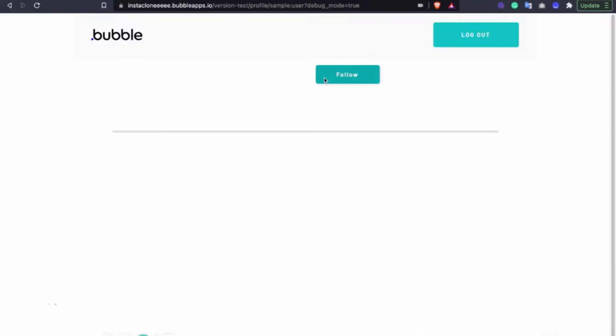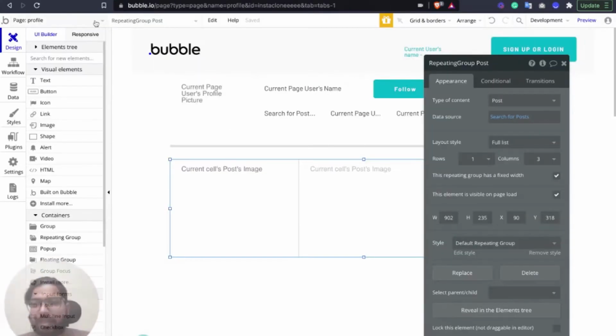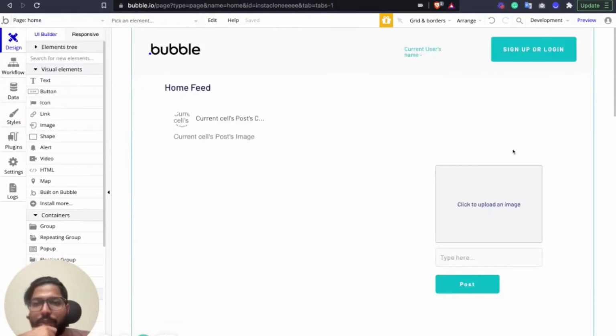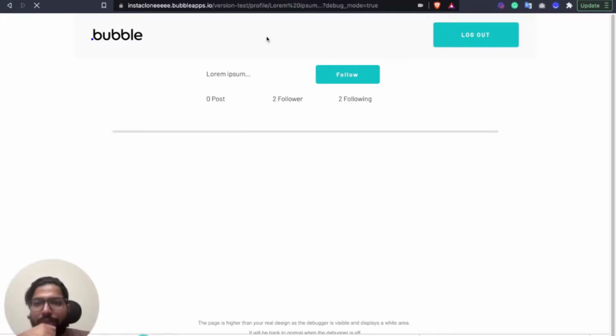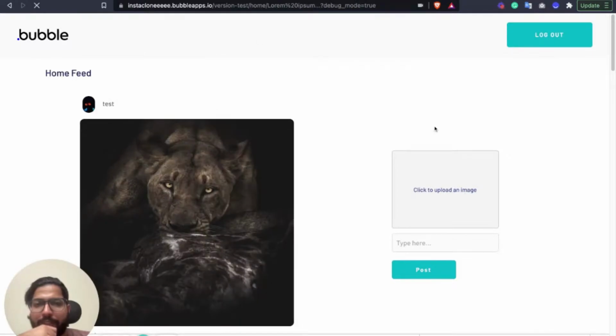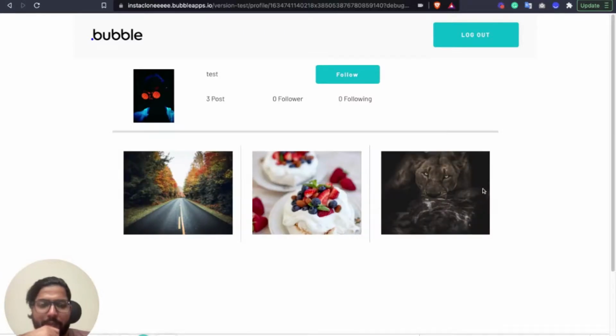It might not be able to show here because it's going to show lorem ipsum, because when we refresh this page it doesn't know where it came from. Hence the reason I usually put a back sign there. But anyhow, we're going to go to home and click on preview, and I'm going to click on test. Now you won't see any scroll here.